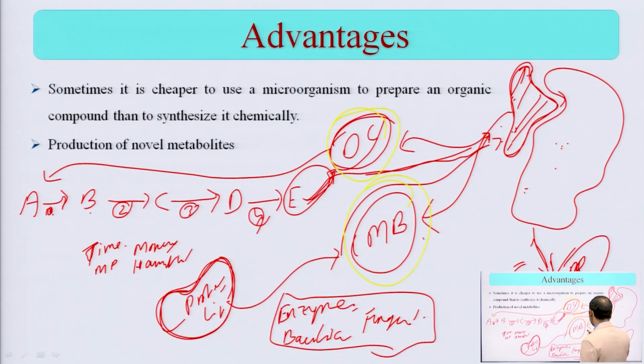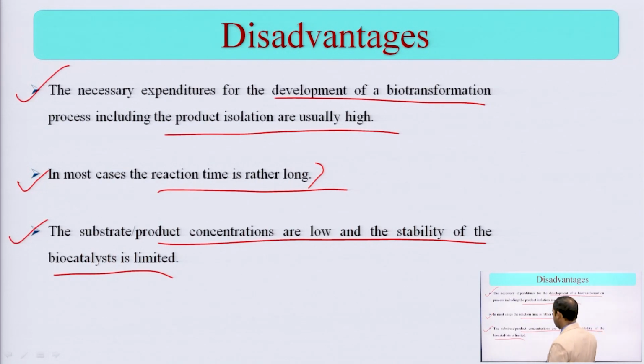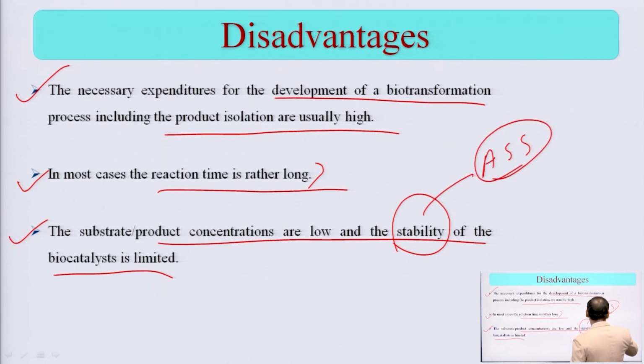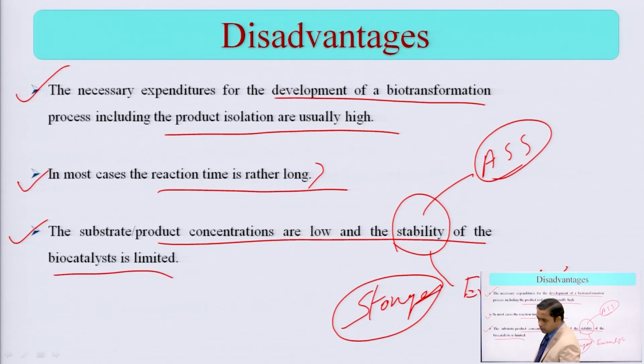See, ultimately whatever product we are getting here, there are sometimes problems with stability. I hope you might have studied accelerated stability studies, and also stability in environmental factors. So, you have to store it in a proper manner, and for storage again you have to spend money. So, there are lots of issues, there are chances. That is why everything has some advantages and some disadvantages also.